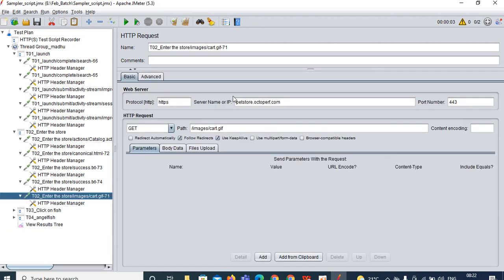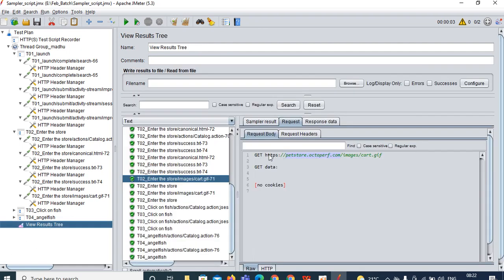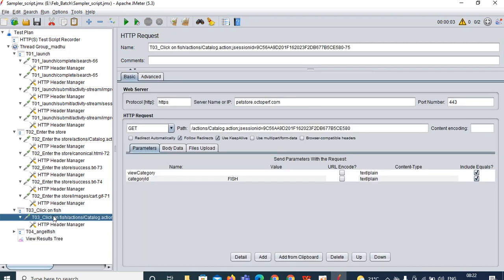Let me click on the 71 and see. This is the server name, and this is the path. And the method name is get method. Whatever information you have given in the HTTP request, the same is hitting the server. That's why you are seeing the same URL over here, and the method type is get method. I have also explained that if you are using a get method, there are no parameters and no request body. If you have a request body, under the get data you can see some details over here. And here I think there are no post methods.